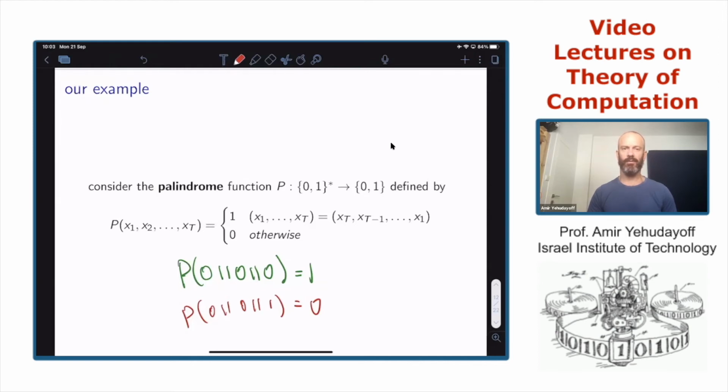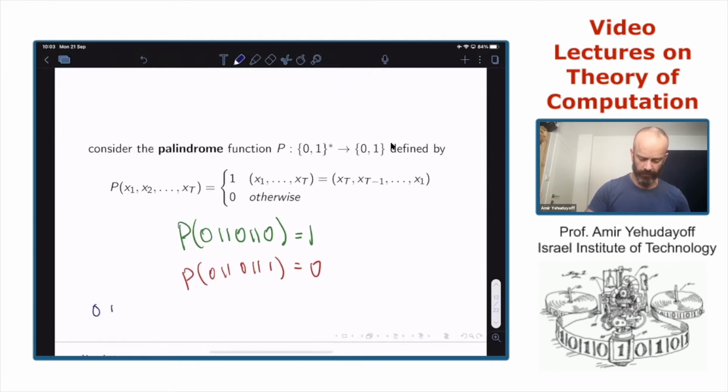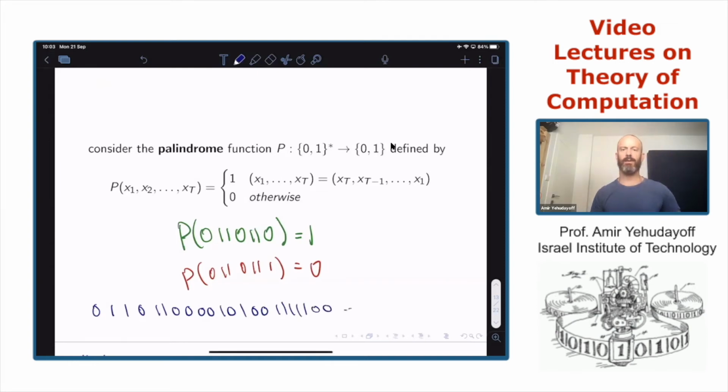Okay, so before we go into the formal details, try to imagine what is the streaming algorithm you would use in order to compute this function. Imagine we have an infinite sequence of bits, some arbitrary sequence of bits.